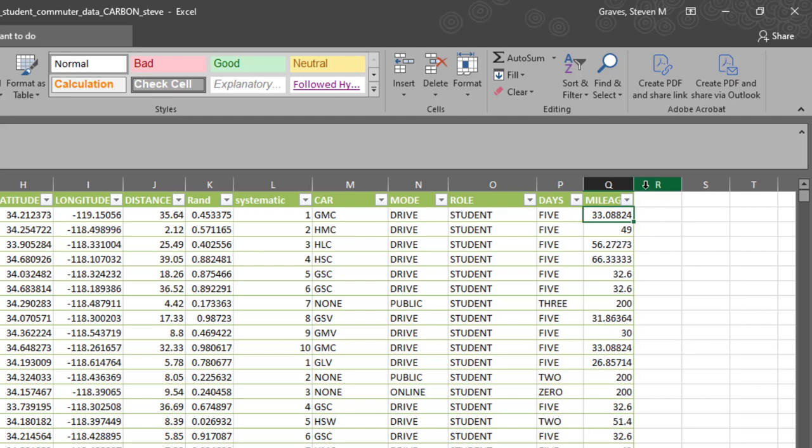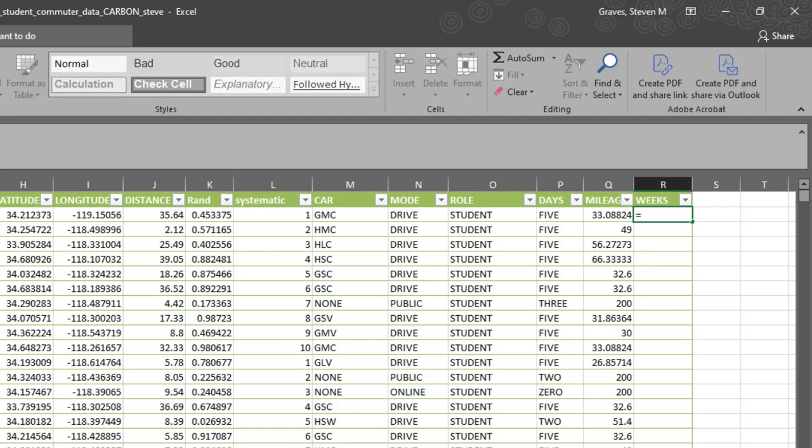So we're going to do a series of those VLOOKUP commands, the next of which we will do is weeks, and weeks refers to the number of weeks that each of these employees are likely to drive based on our survey results. Once again, type in VLOOKUP. This time, highlight the role. Students tend to come to campus somewhere in the range of